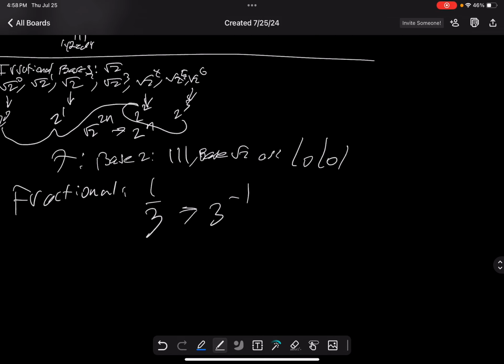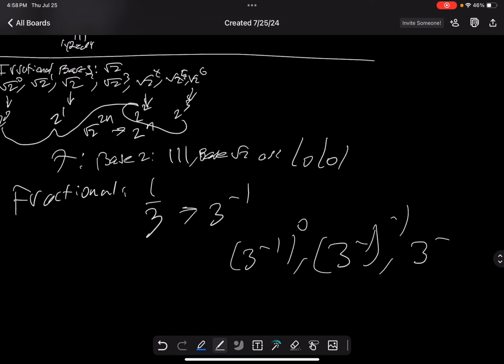And so if you write the powers out, you can say 3 to the power of negative 1, raised to the power of 0, then to the power of 1. Well, it will go this way. So this would be the opposite direction. So to the negative 1, to the negative 2,